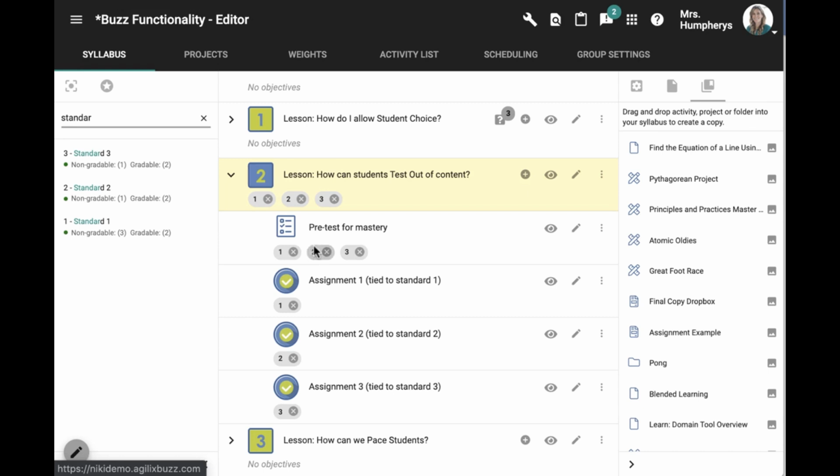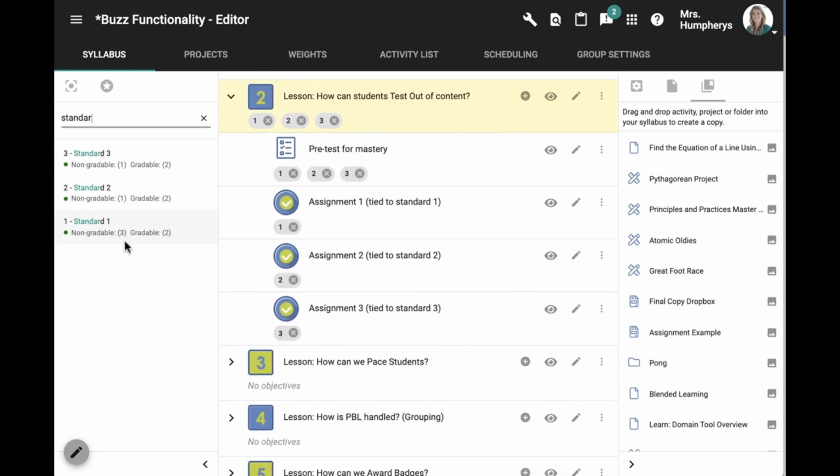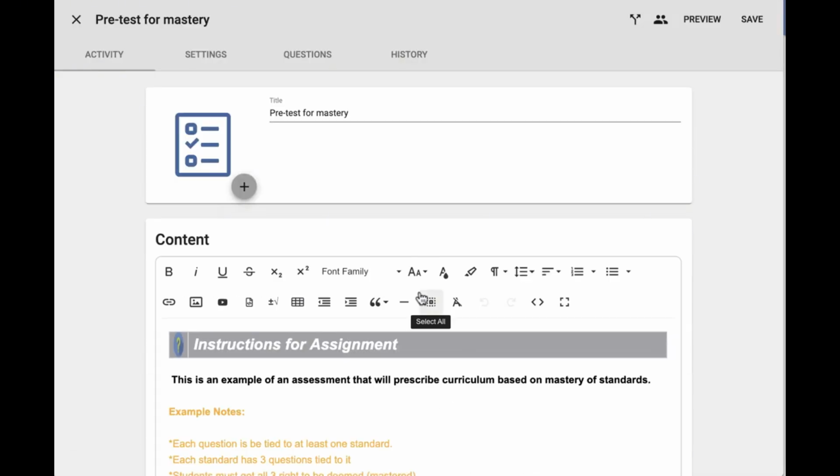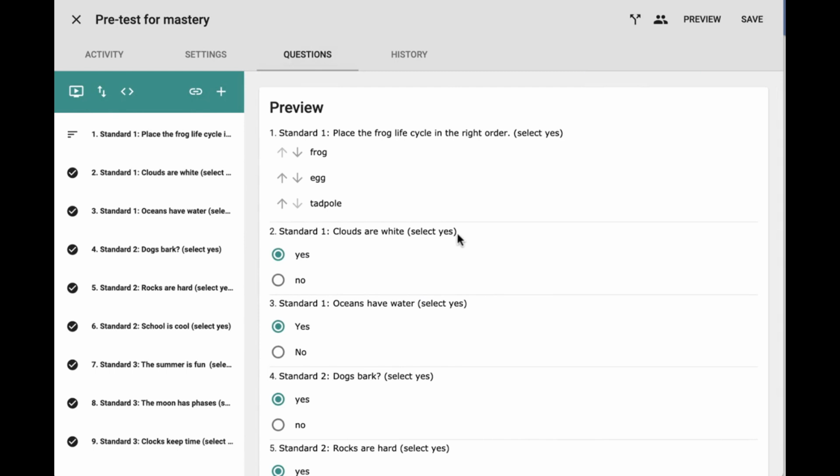I've aligned the assessment to the standards as well, and then I've tied each activity to a different standard. So for example, assignment 1 is tied to standard 1, assignment 2 is tied to standard 2, and so forth. Any activity that I tie to any one of these standards will hide or be exempt if I show mastery from my pretest. If I open up my pretest and go to my questions,